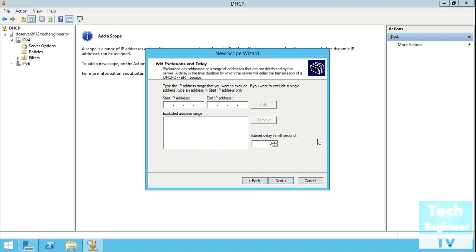I'm going next, and I'm going to add exclusion and the delay. For example, if you wish to exclude an IP address range, and the IP address is 10.10.10, for example I'm saying 50. I don't want this IP address to get distributed to any other computer. If I'm saying 55, then the IP address will also be 10.10.10. It should be